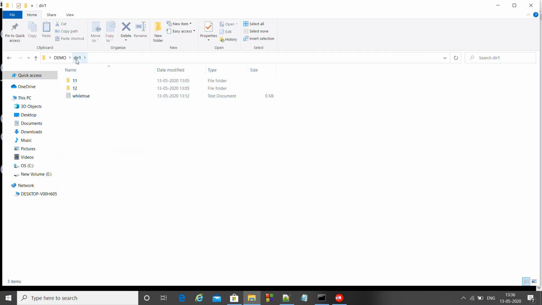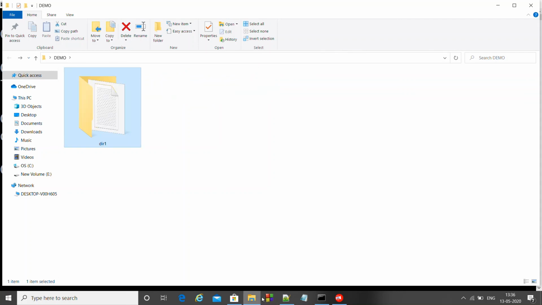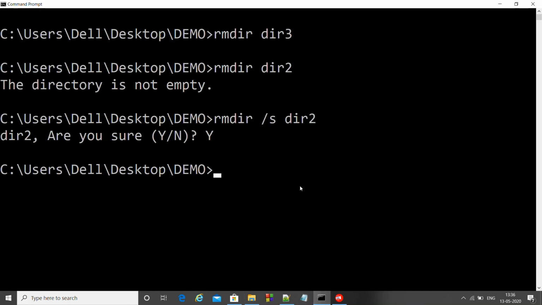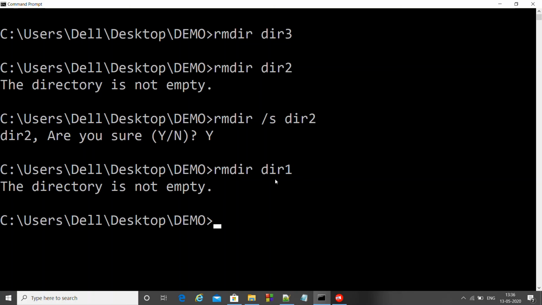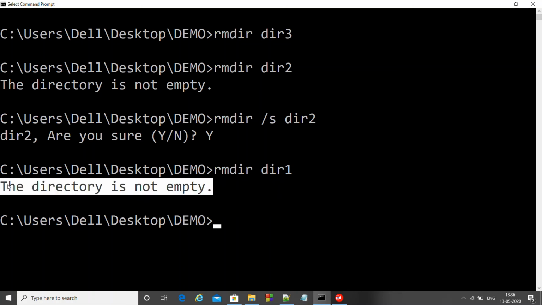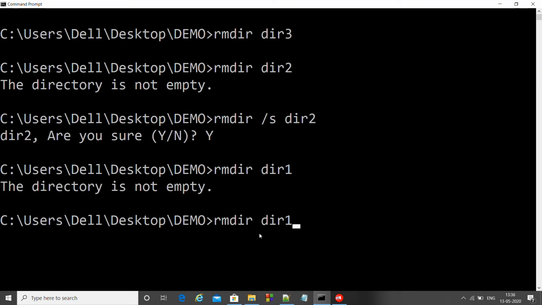See, dir1 also has contents inside. So it should also give a similar prompt if we try to delete it without /s, rmdir dir1. It has again given that the directory is not empty. But still, if we want to delete this directory, we should use /s. It will ask for confirmation.